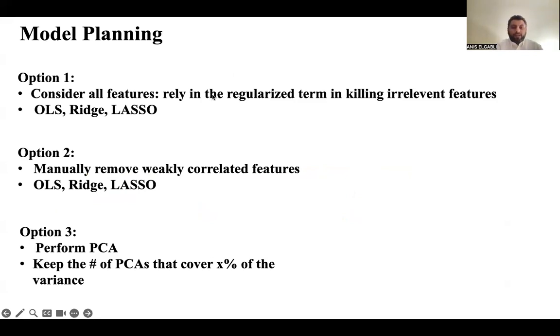From here onward, I will explain the model planning and the model building in the context of a regression problem, okay? So in the model planning, you may consider these three options for a regression problem. You may consider all features, okay? You don't throw any of the features. You rely on the